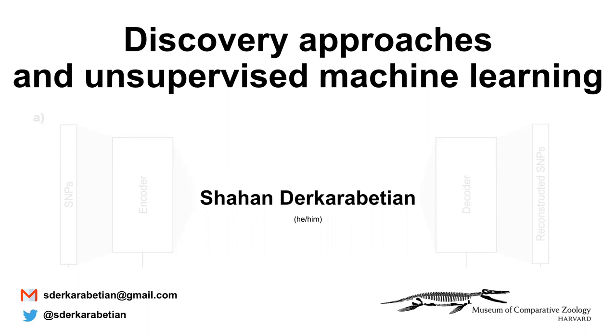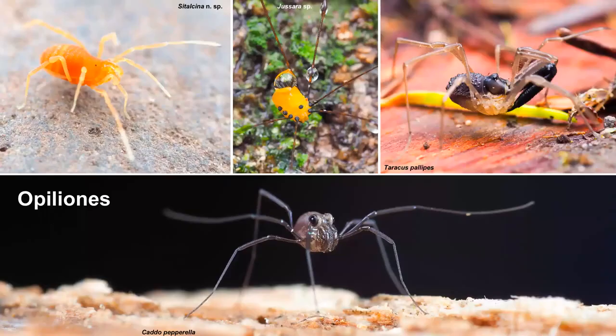So I'm an organismal biologist. Of course, I have interest in anything that helps me describe species or do my taxonomy. And as mentioned, I focus on arachnids, but specifically this group of arachnids called Opiliones. So I've been thinking a lot about species delimitation the past few years because, as a taxonomist, I have to describe these species.